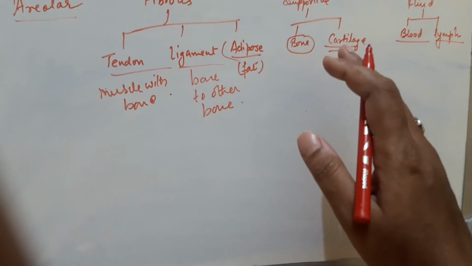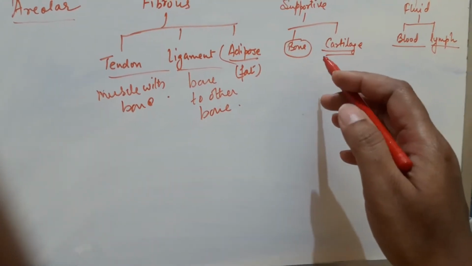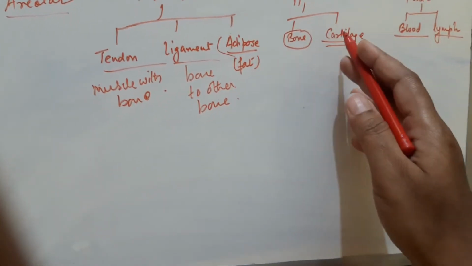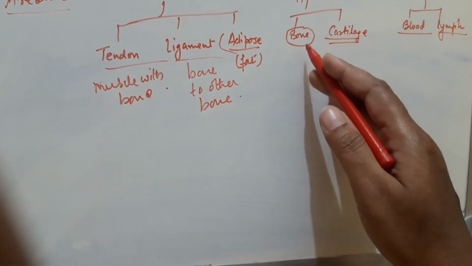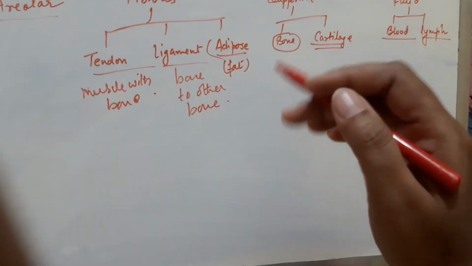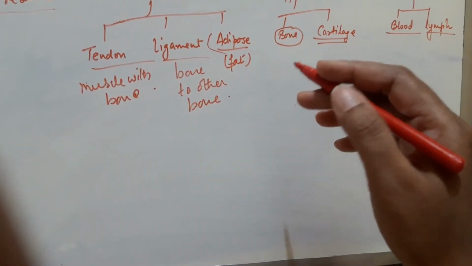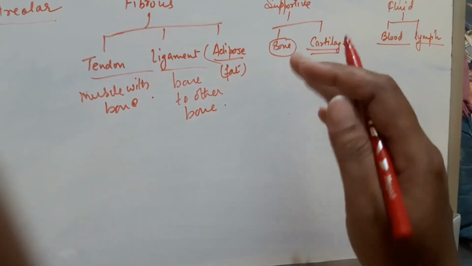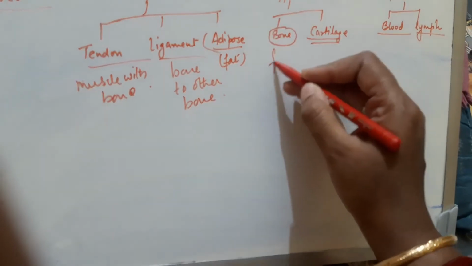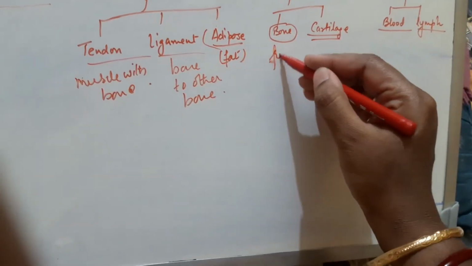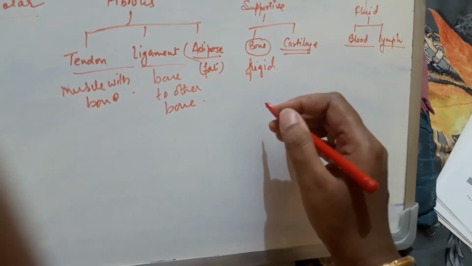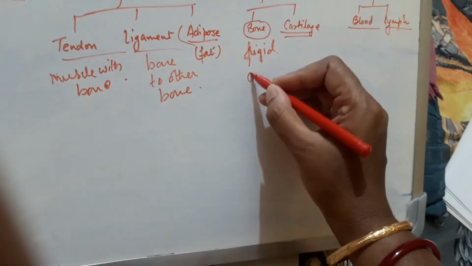Then we have supportive tissue. Under this heading we have bone and cartilage. Bone forms a network, a framework, a skeleton on which the structure of your body depends. This bone is very rigid. They are rigid and fiber-like structures. They are formed of bone cells which are called